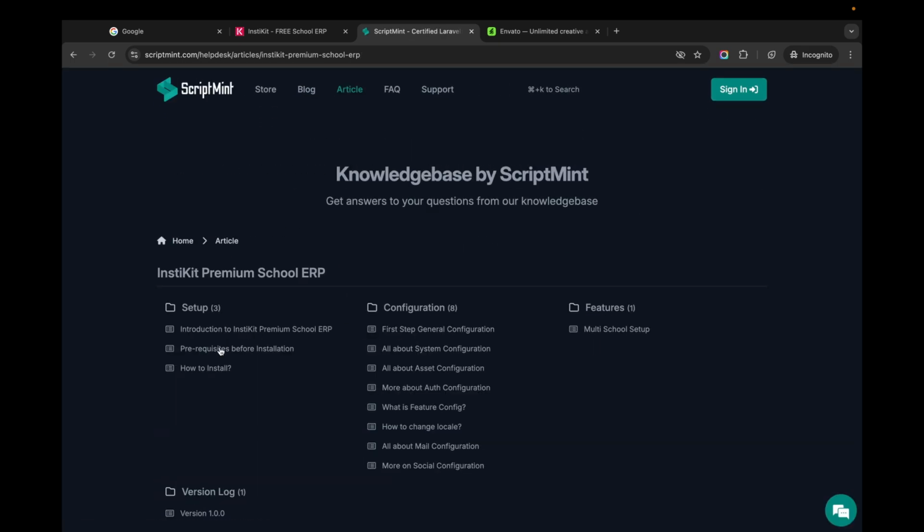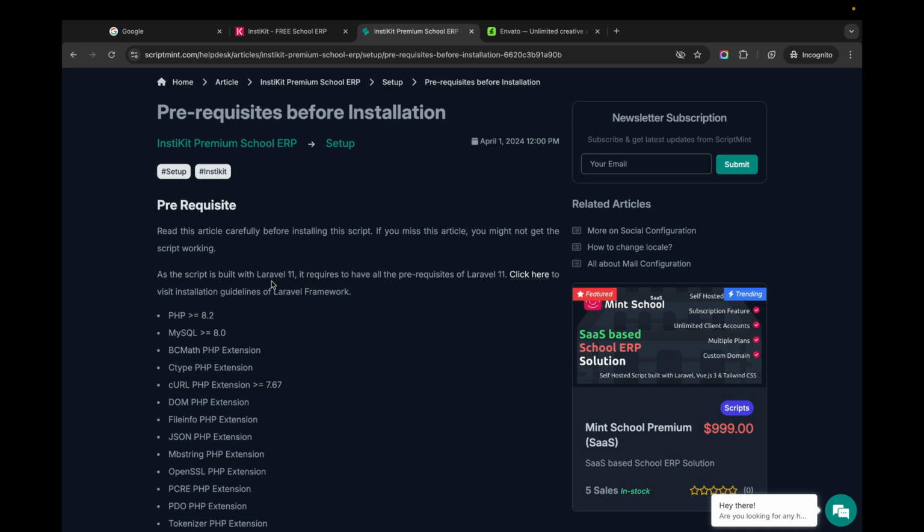Next, you can check the prerequisites here. For individual school, you can go for shared server, but for better performance and to have large number of students or users, you should go with cloud hosting. If you are using shared server with cPanel or Hostinger hPanel, then most of these prerequisites are already installed. But if you are on VPS or on cloud server, then you need to make sure that all the prerequisites